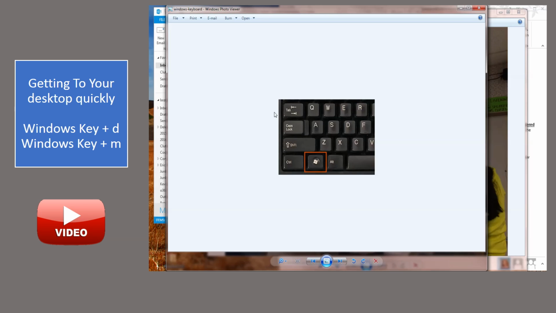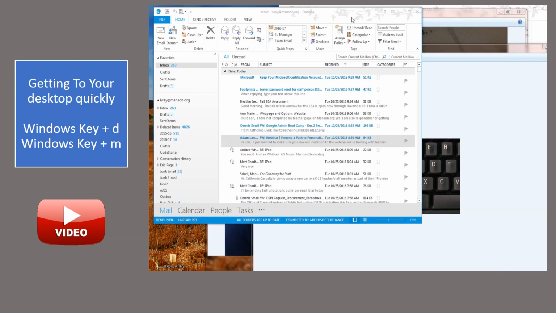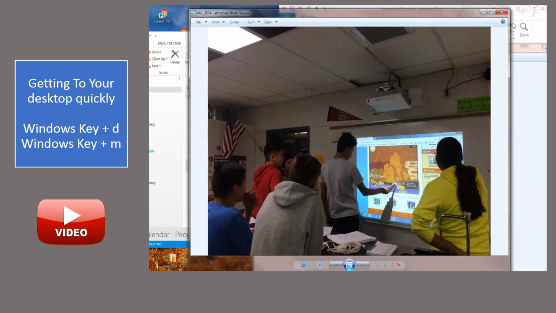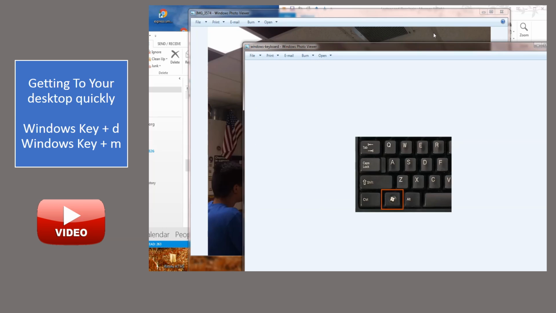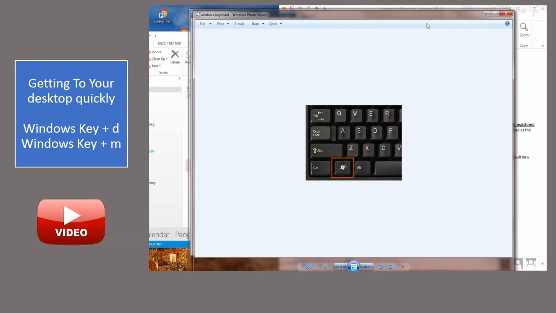So this is a quick video on how to use the Windows key, and it's very useful. This is a really short tip, and you'll use it all the time once you get used to it. If you have a lot of windows open on your computer, like I have right here, instead of trying to close each one individually, taking up a lot of time, if you just use the Windows key on your keyboard and the D, so first press Windows and then press D, it'll bring all the windows down